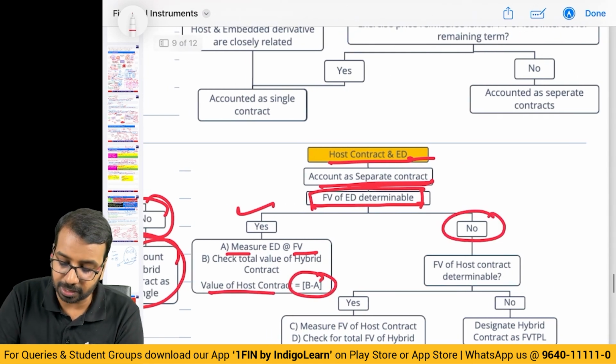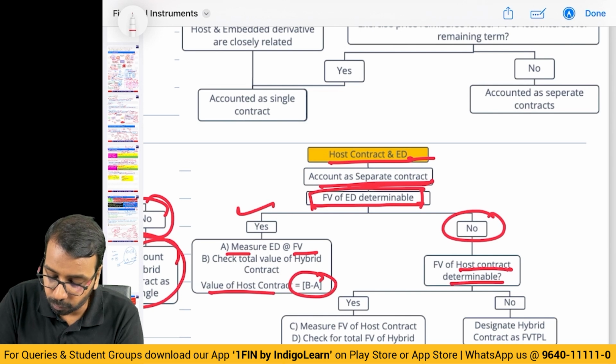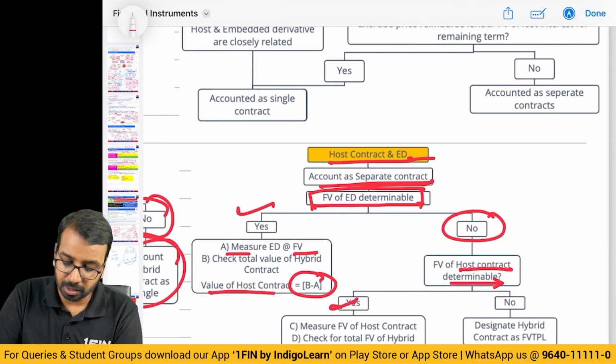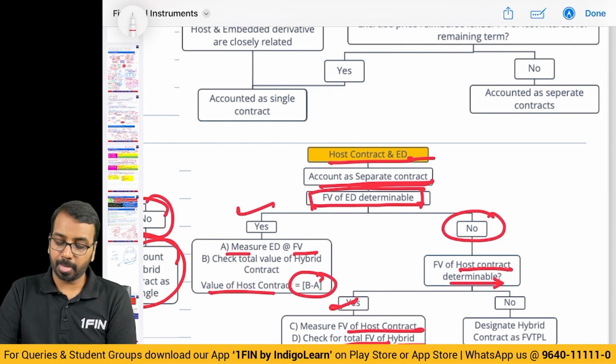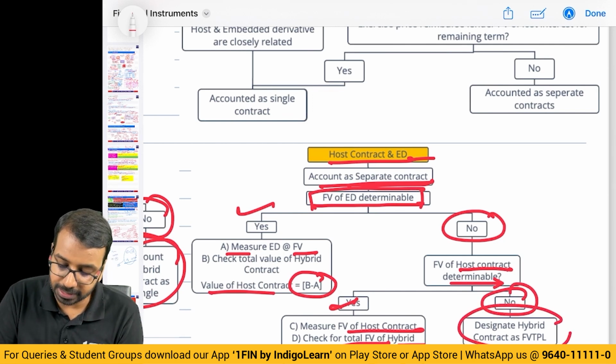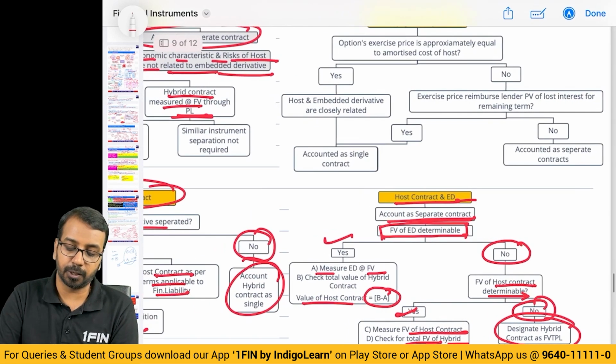If it is not determinable, then determine the value of the host contract. If you can determine, first measure the host, check for the total fair value of the hybrid, and the value of the embedded derivative is the difference between the two. If it is not, then designate the entire contract as FVTPL. And